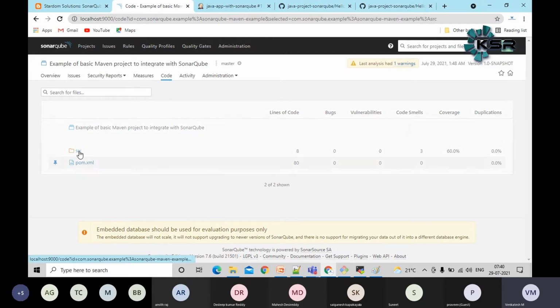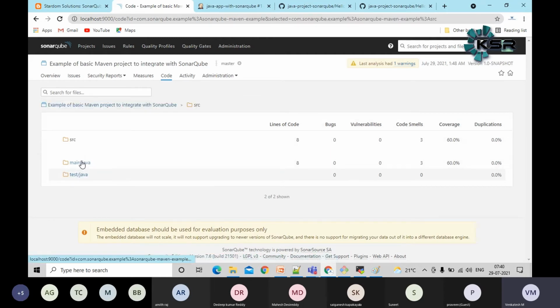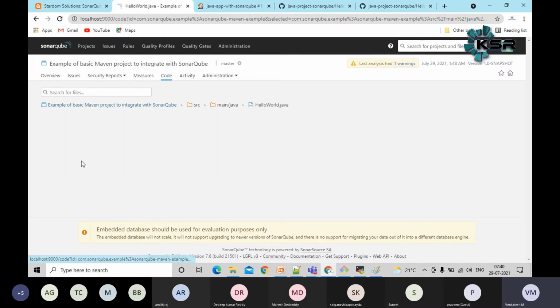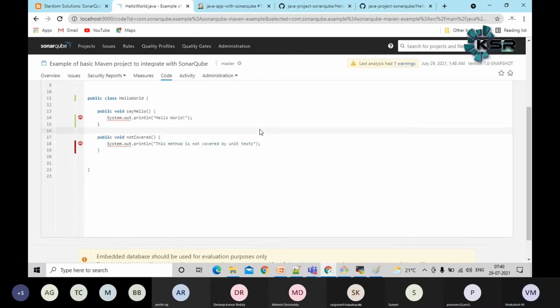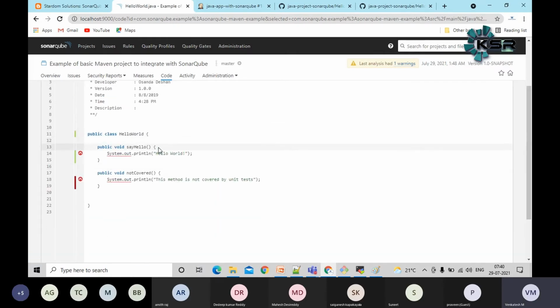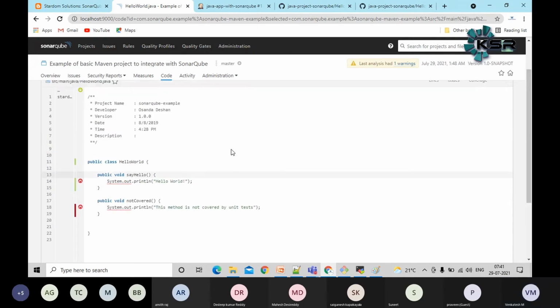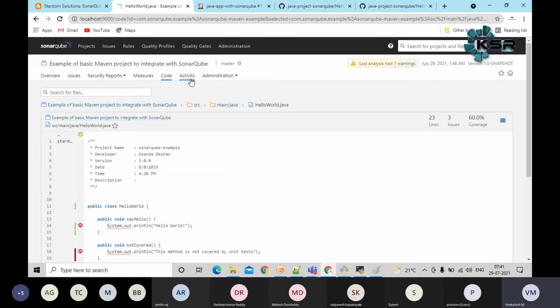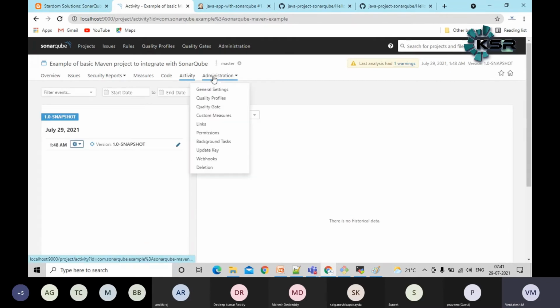As you can see here, in the source, what lines are not covered, if you want, we can see that part. Up to these lines, this got covered, guys. Okay, this line is not covered. Whatever green color we are seeing, all this code is covered in the unit test cases. Okay, now this activity we don't need to bother.